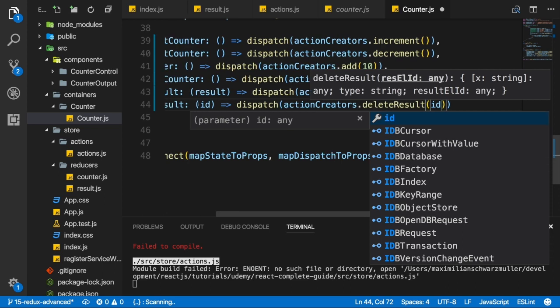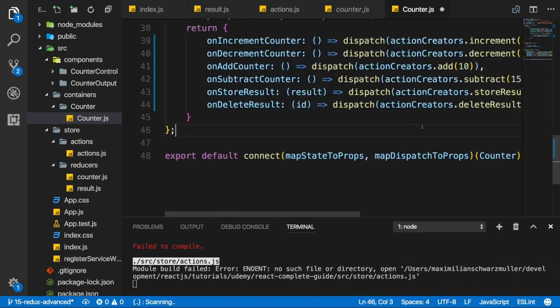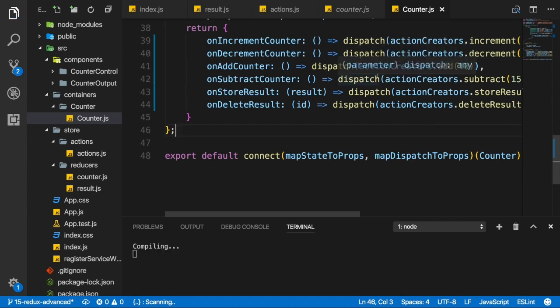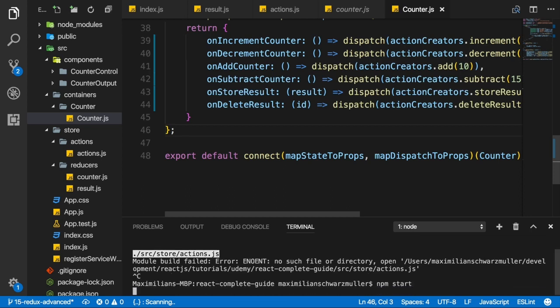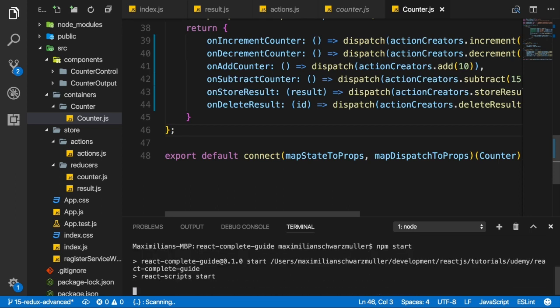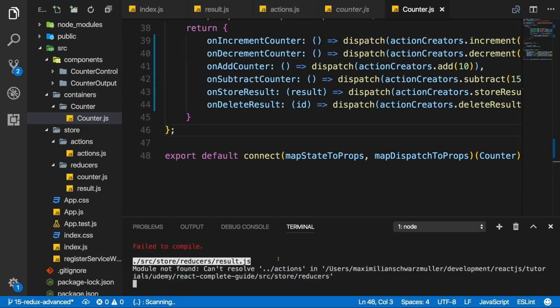The ID is also received on this anonymous function. So I'm just using the action creators here to create actions. I still dispatch the same actions as before. This didn't change. Now I still get an error that some file isn't found. This should be a bug here. I will simply restart npm start and it should fix it. Let's see. Yeah, it was pointing at the wrong file, but we still have a problem in the reducer, which